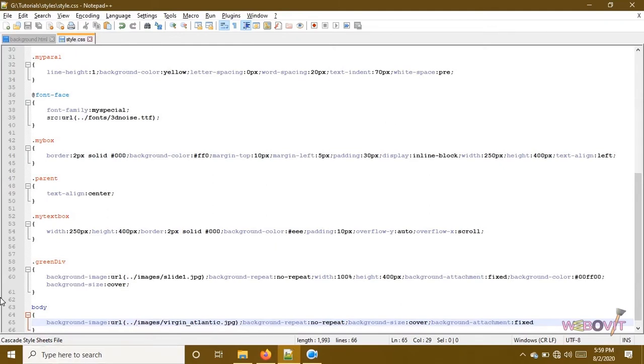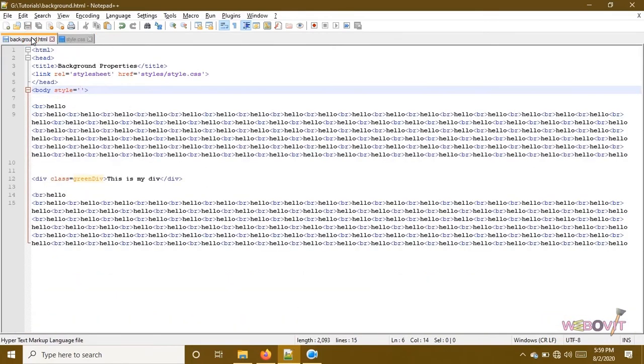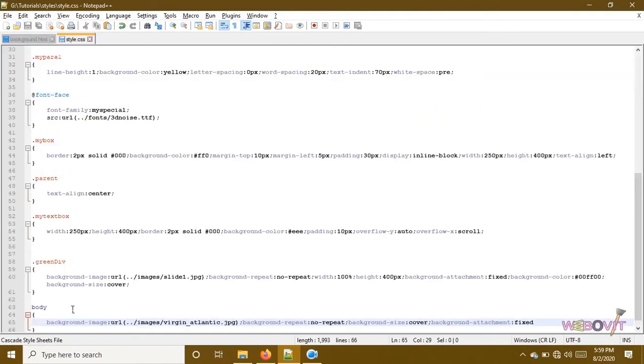There is one important thing I would like to discuss. Now we have mentioned body and we have mentioned this style. So in whichever file you link this CSS file to your HTML file, in each and every one of those files, the body will have the same background because we have mentioned it using the body element. So you need to make sure whether you want this style for all the pages or not. If you don't want this style for all the pages, then in that scenario you will write